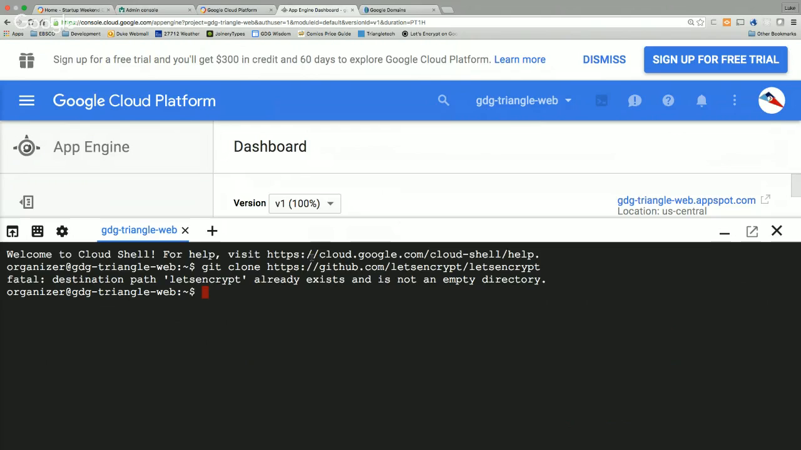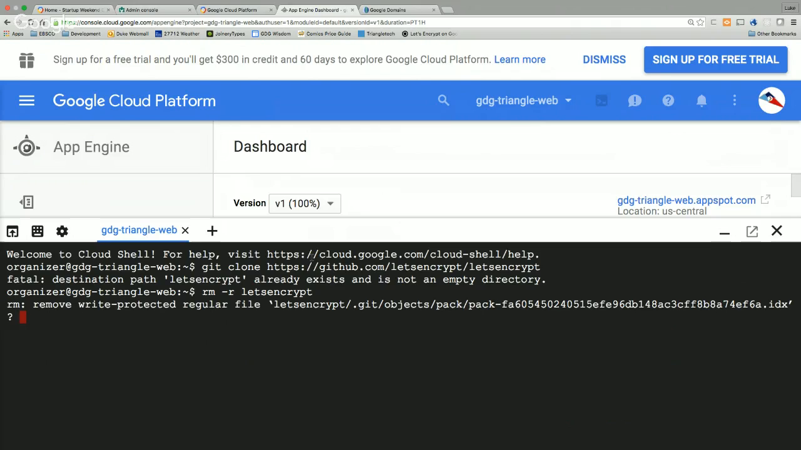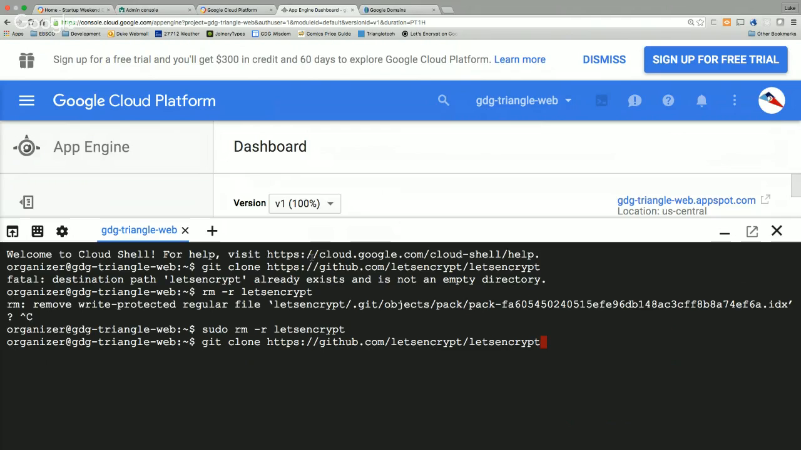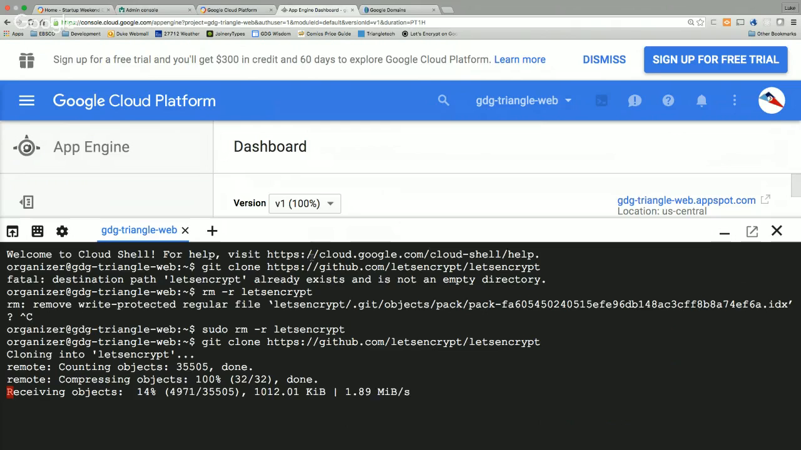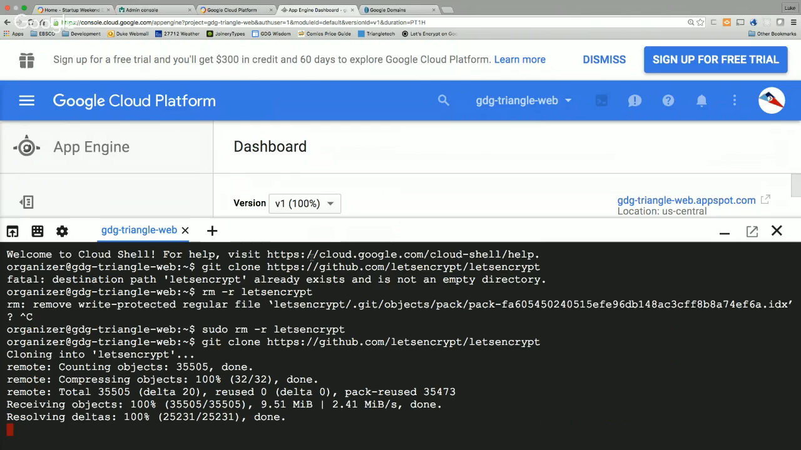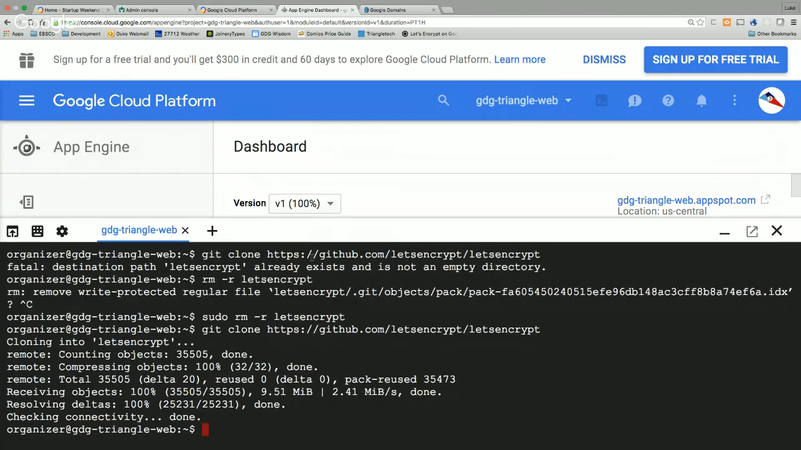The nice thing with the Cloud Shell too is you have sudo access. And there's a whole lot of container magic behind all this, and I don't know that either. All right, so once it clones it, you get whatever the latest update is. You only need to clone it once, and you'll see why. So then if we go into Let's Encrypt,